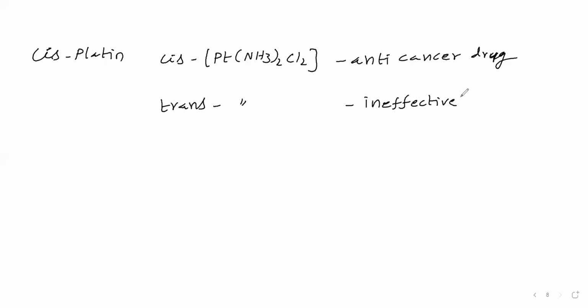Okay. Next, we'll see stability of complexes. Stability of a complex depends on what factors? The nature of the central metal, the oxidation state of the central metal, the nature of the ligand, and whether the ligand is a simple ligand or a chelating ligand. Based on that only, complex stability is determined. That stability can be expressed in terms of the stability constant, which is an equilibrium constant.